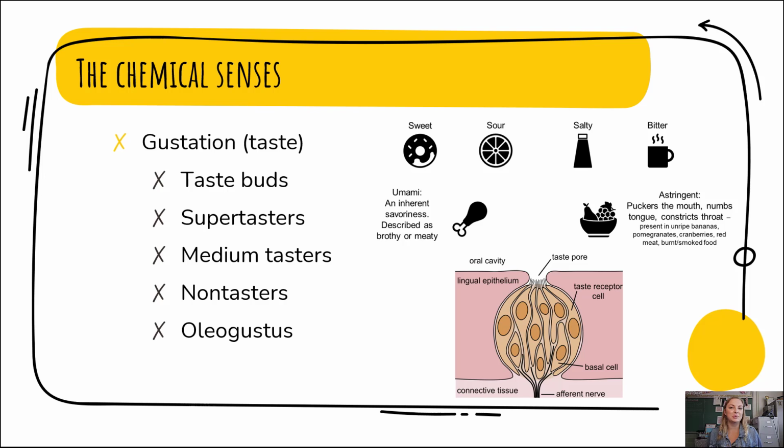The first chemical sense we're going to talk about is gustation, or taste. Taste is a chemical sense because a substance, food molecules, is what is detected, not just energy like in sight or in hearing. Taste buds are on our tongue and they are underneath or within the papillae, or the little bumps on your tongue. These taste buds regenerate approximately every 2 weeks.